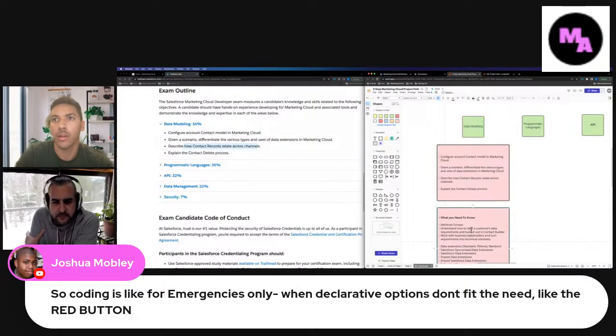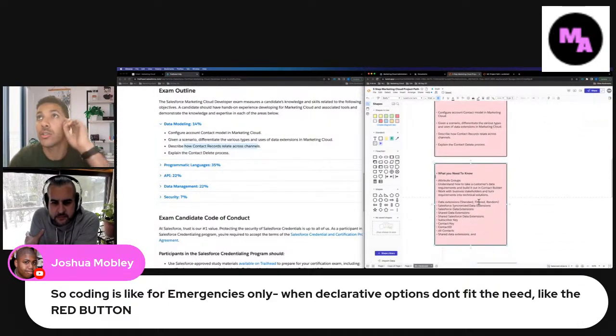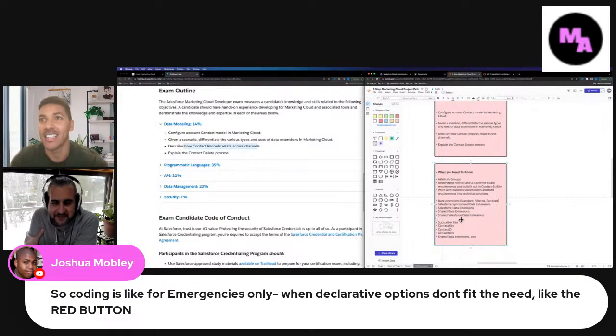So that's section 1. Section 2 is, I got an idea, man. I got something. All right. Let's see what you got. Section 3, describe how contact records relate, which is based on the subscriber key or contact key, contact ID,